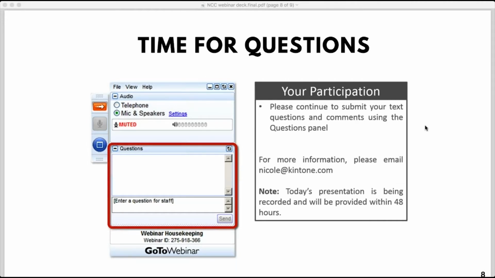Next question here. What kind of solutions did you look at first, Tim, before using Kintone? Oh boy, I've tried. There was a program called Donor Match, which was kind of customizable, but not really.